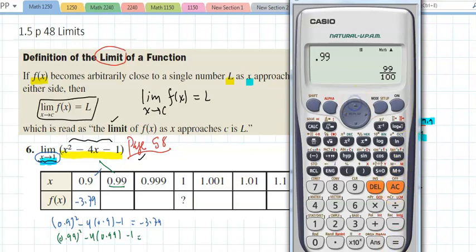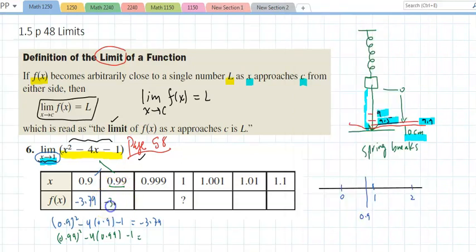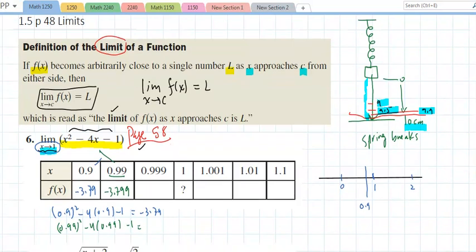And if I go back up, when it recalls this, it just replaces the answer by the last number that I put in, which is 0.99, and that's negative 3.9799. When I get to the third number, and I would like to plug in,